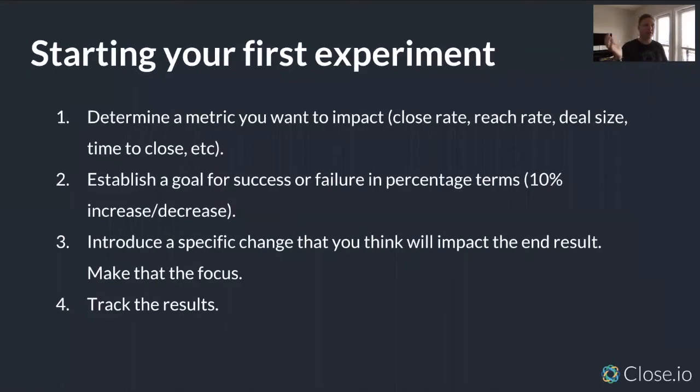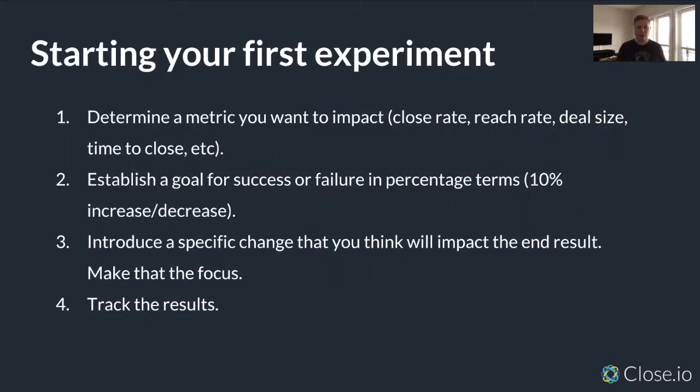So okay, first experiment. There's really 4 things you've got to do when you're looking at an experiment. You want to determine the metric you want to change, and just a single metric. Don't try to impact 3 or 4 at the same time. Just pick one, and that's your KPI.